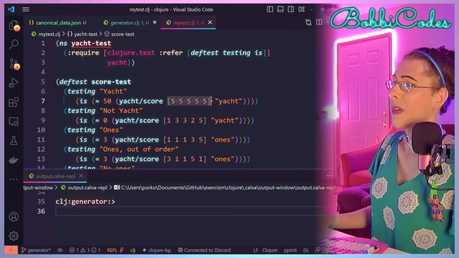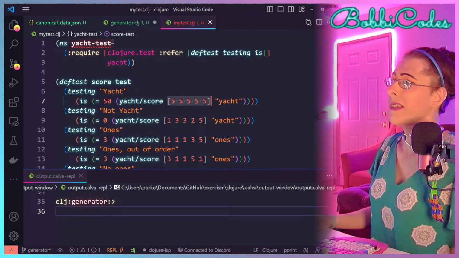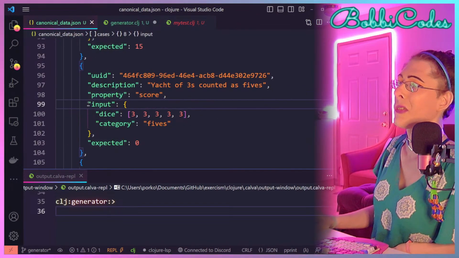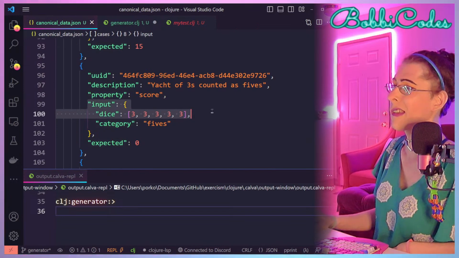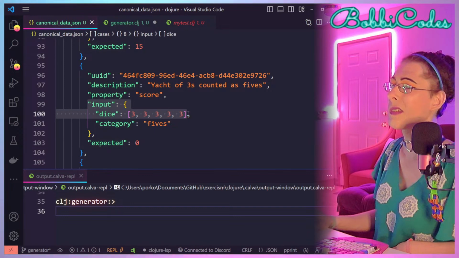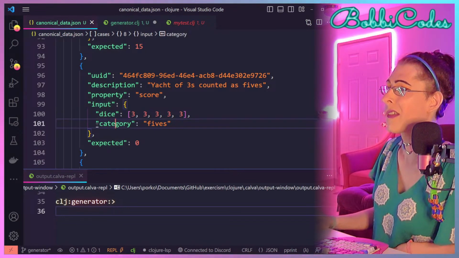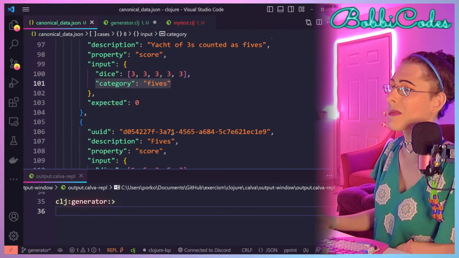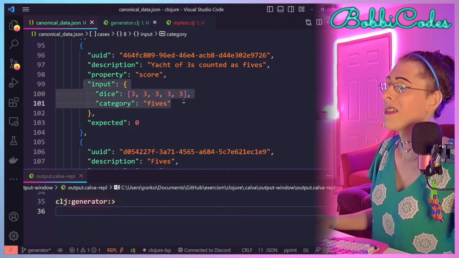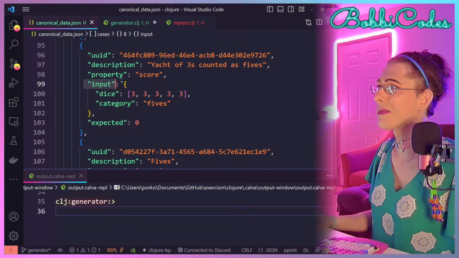The value of the dice and the category are the two inputs here. Dice is a vector of 5 integers, and the category is a string. Those are the two arguments that the function takes.